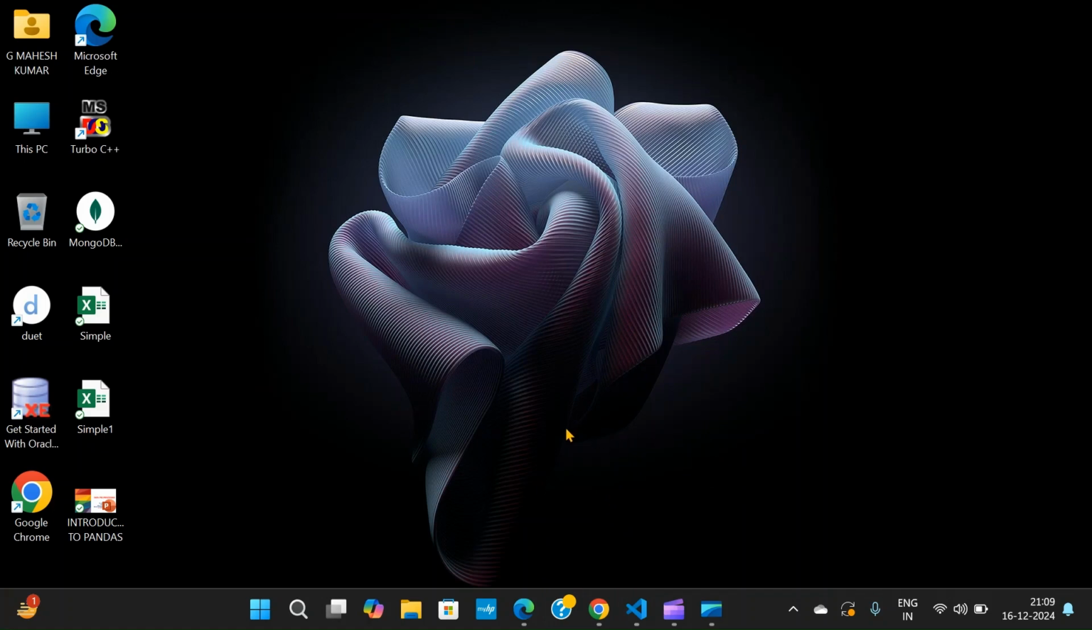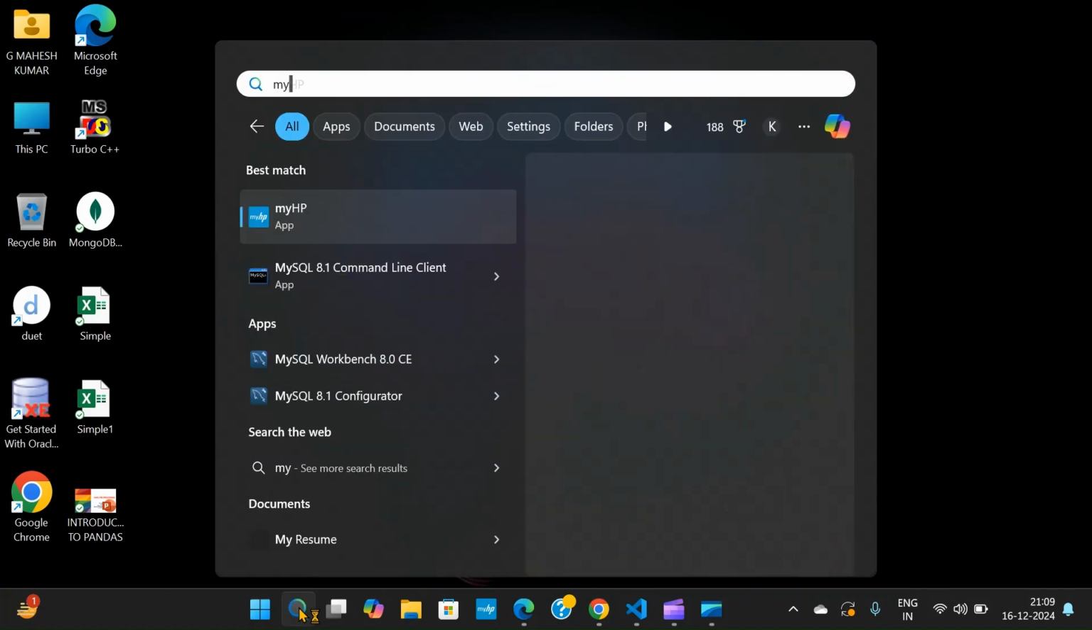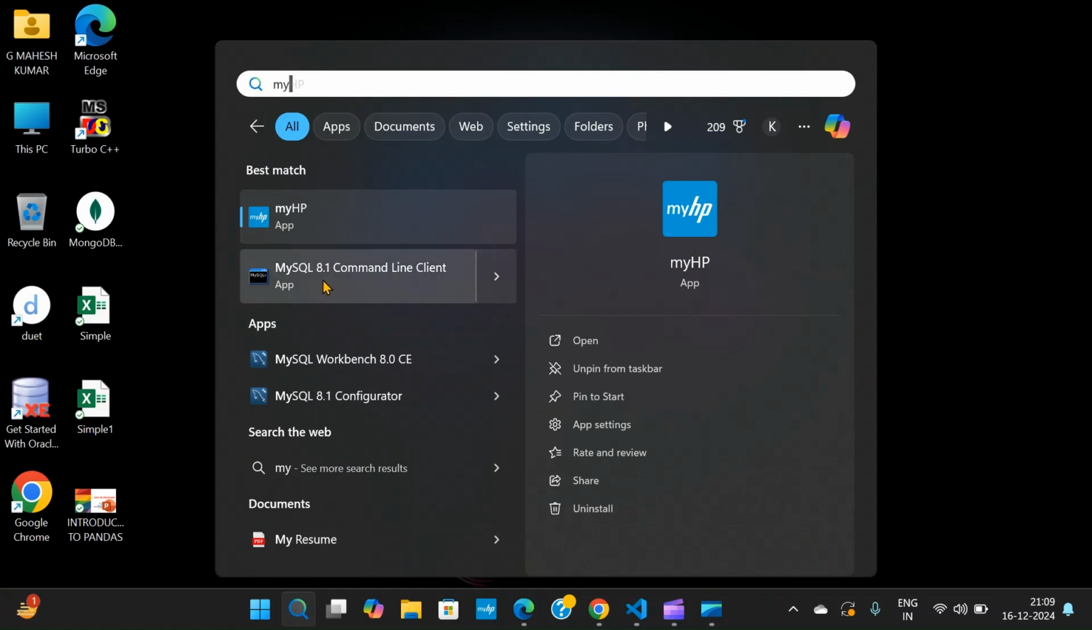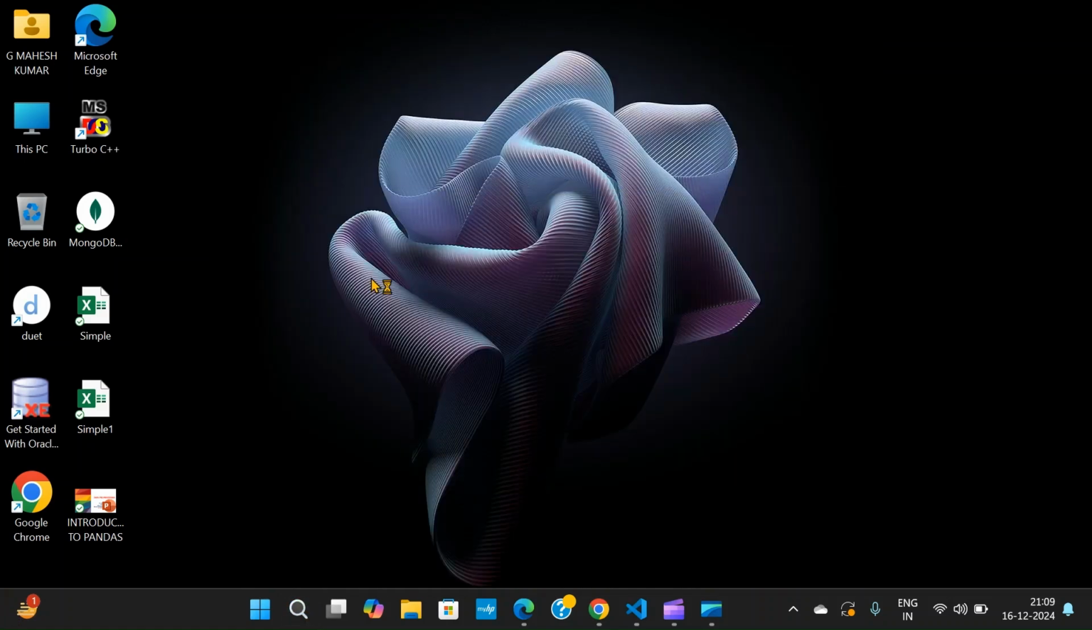So first let me show the MySQL database and I will show how to create a procedure. Then we'll go for Visual Studio Code for writing Java application. So you need to have MySQL database prior in your system. So if you type MySQL, you get MySQL command line client. You just click this